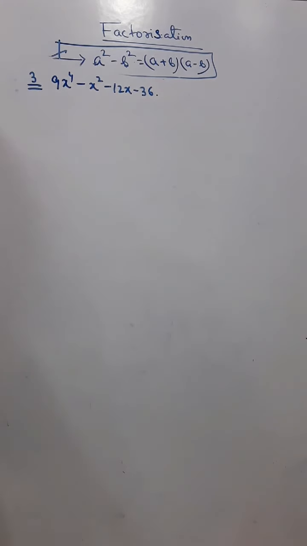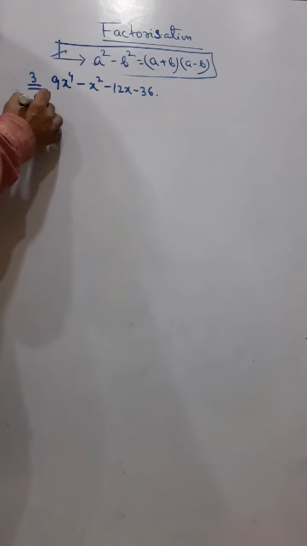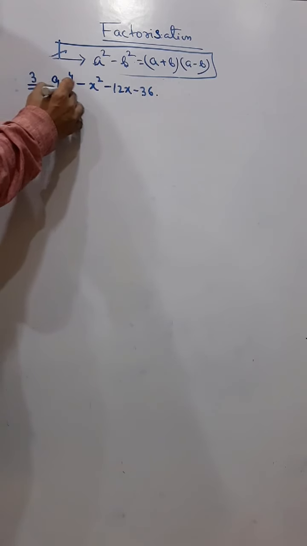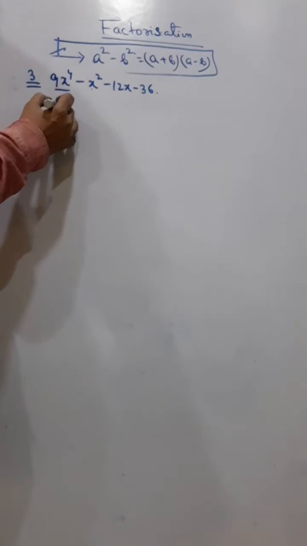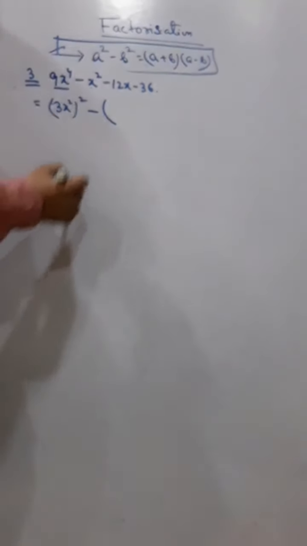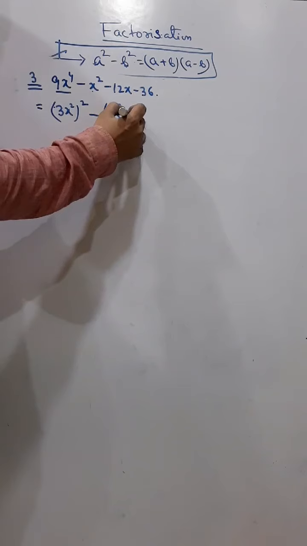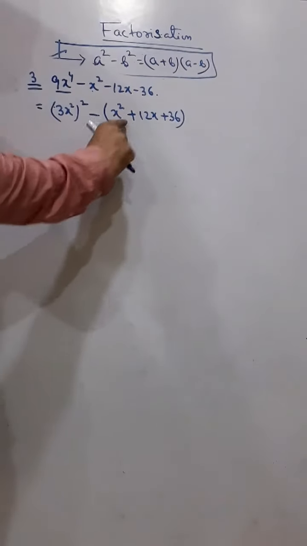Okay, another sum in the same format. So again, you can break this one, and this one is that a square minus b square, a plus b whole square, or a minus b whole square. We have to find out. So the first thing we can see here, we can write this one as 3x and whole square. Now if I take minus common, it is this, I am getting this. So you have to understand this is all plus, that means this is in the form of a plus b whole square.